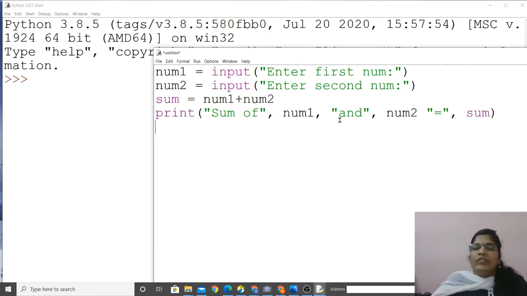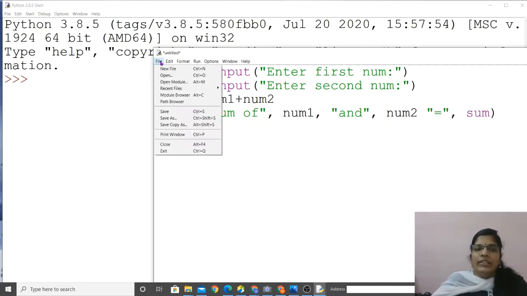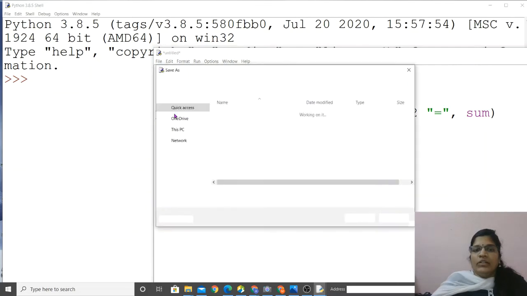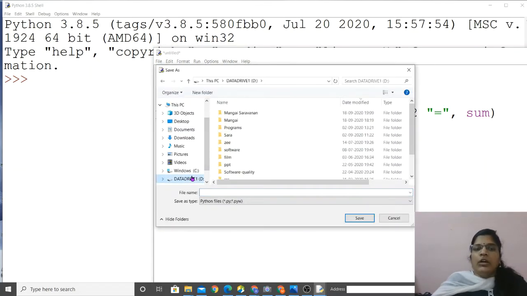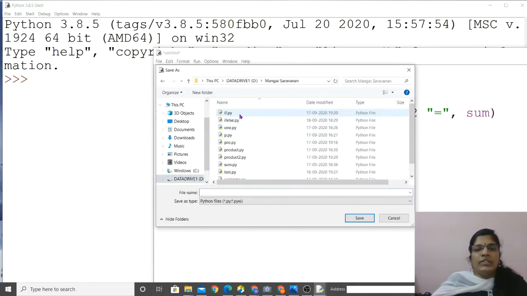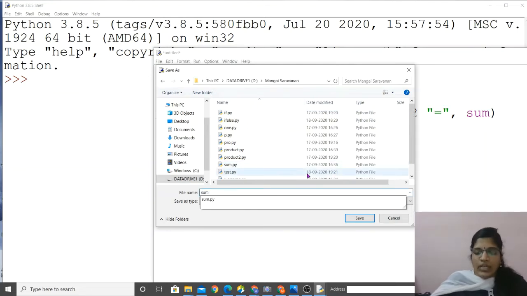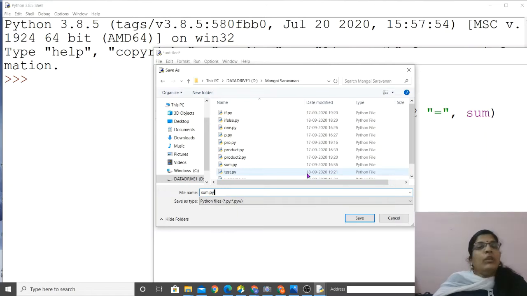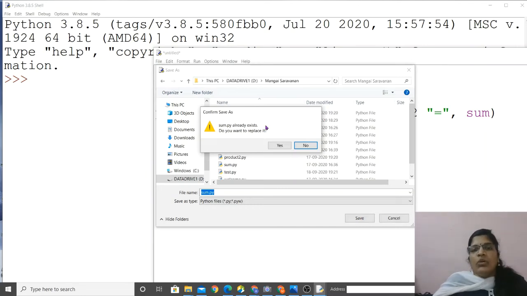After writing the program, go to the file tab and save it. First select the location where you're going to save. I'm going to give sum dot py. Py is the Python extension. Save. Sum already exists.